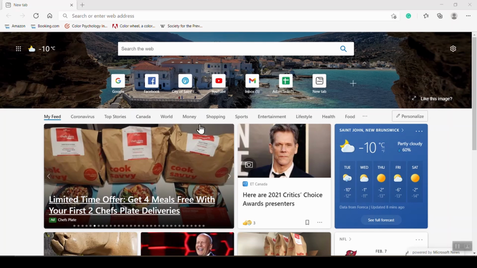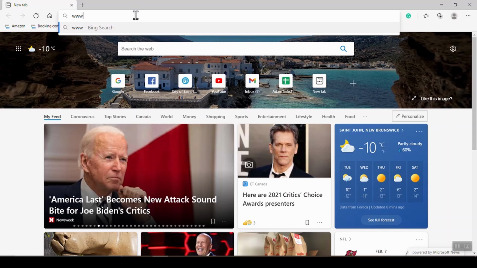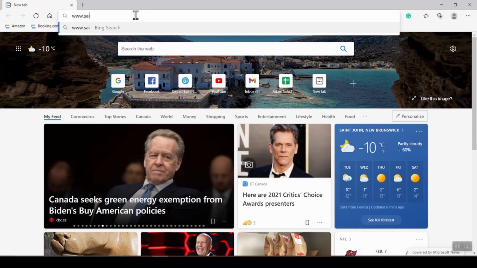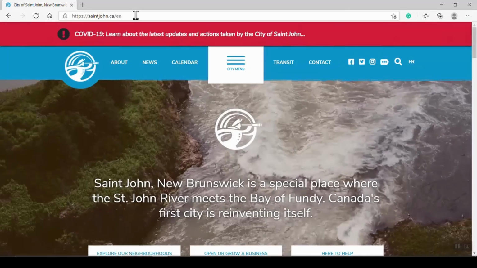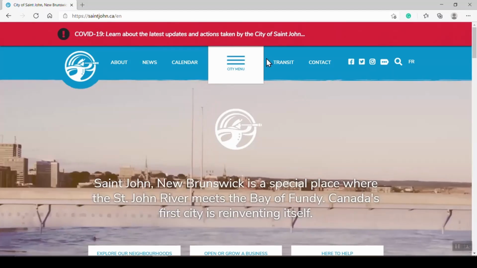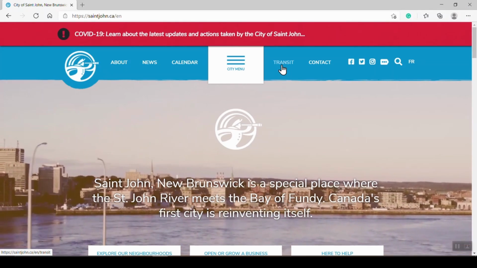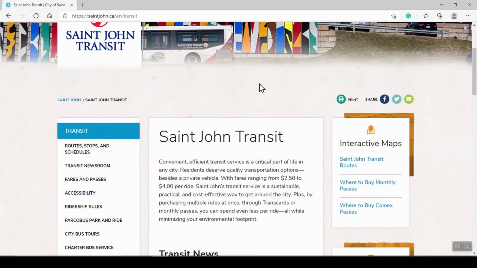In order to get there, we need to first go to the top bar, click on it, and type in www.stjohn.ca. Press enter. Then we're going to go down to where it says Transit. From here, we scroll down a bit farther and we'll see